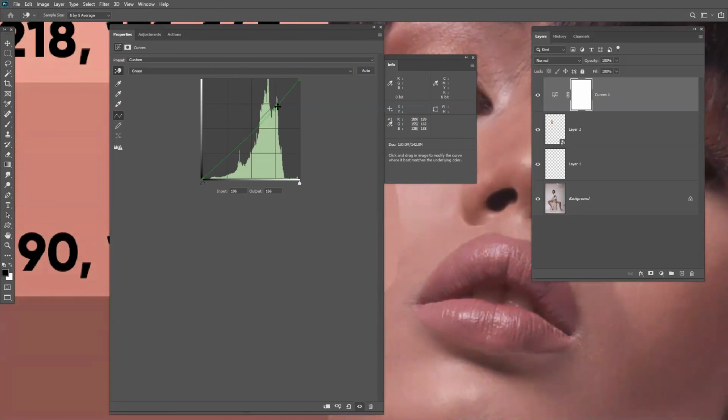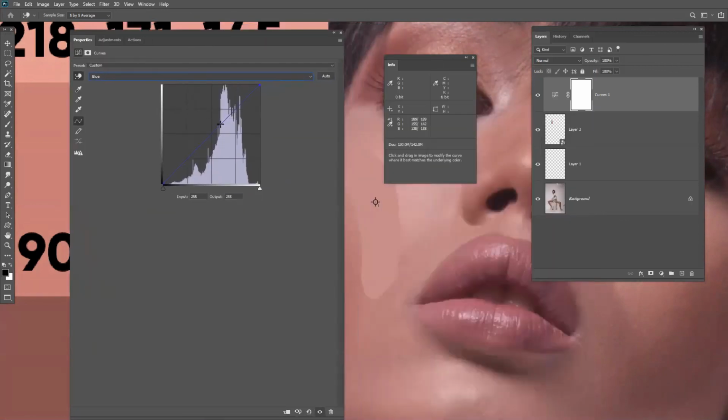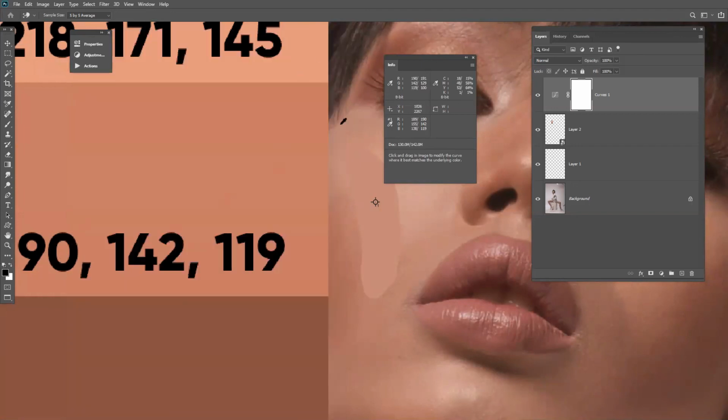Blue channels. 130, 190. Now we can see we have 190, 140 to 119.